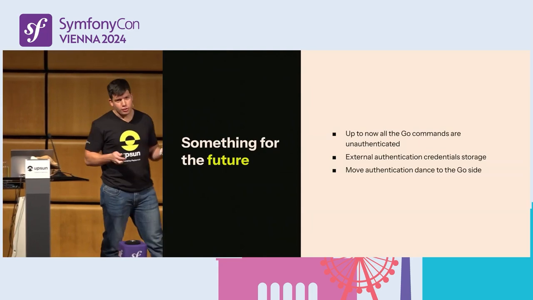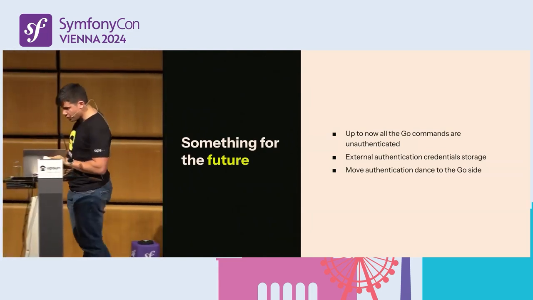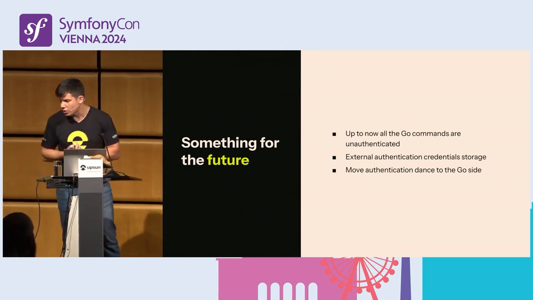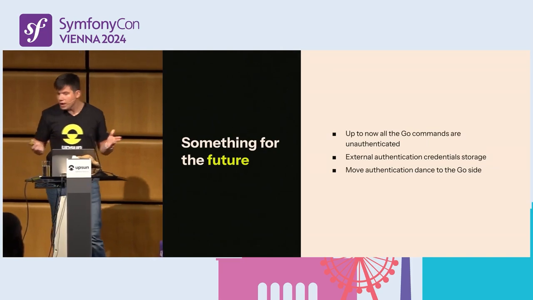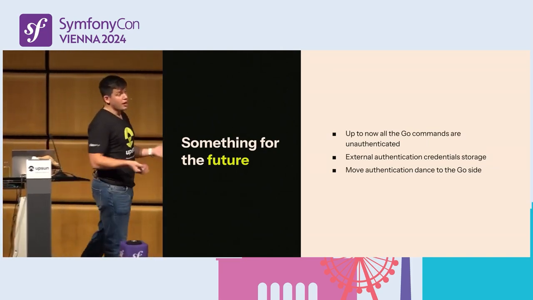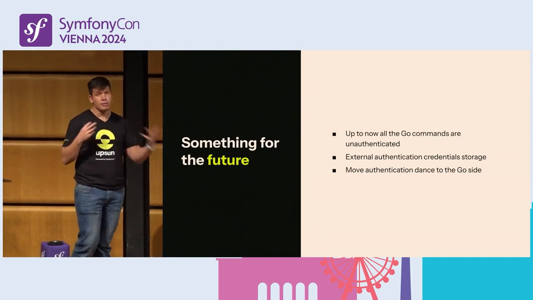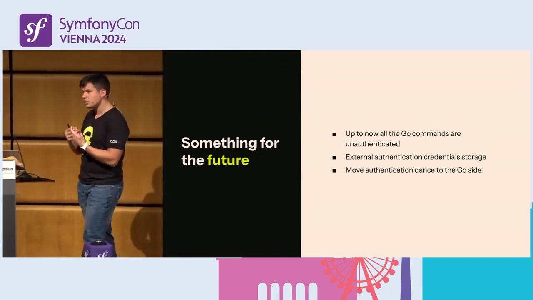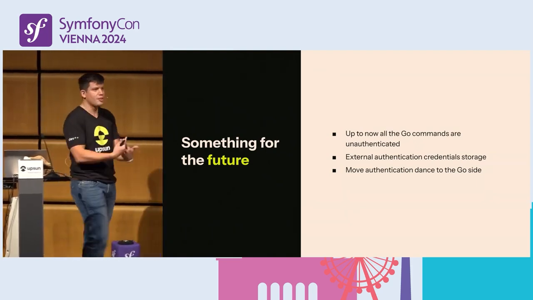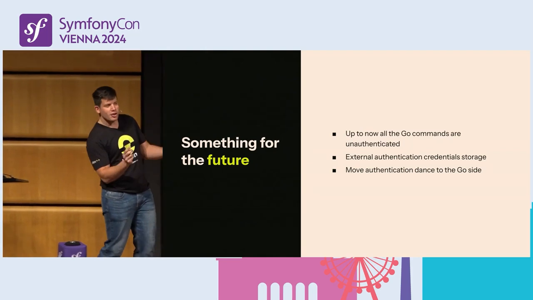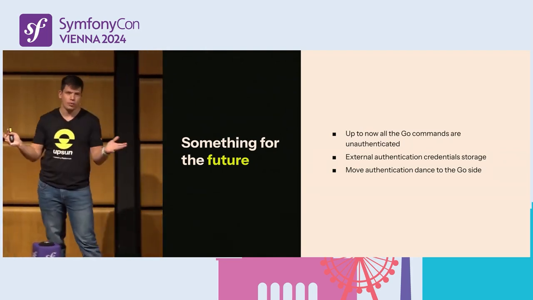We don't stop here, of course, and we want to see how we're going to move on to the future and how we're going to continue doing things. So up to now, all our commands are unauthenticated, so we don't have to authenticate with the API, which might be a bit more tricky, because if you imagine having two code bases that need to authenticate in the same way, you don't want to say to the user, this is a Go command, can you please log in again, just to make sure that it works? No, we cannot do this.